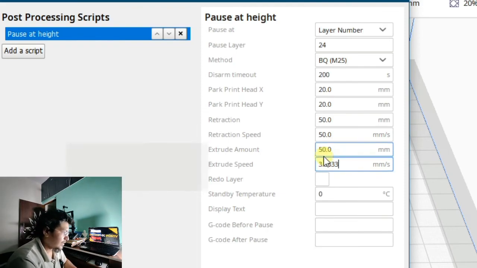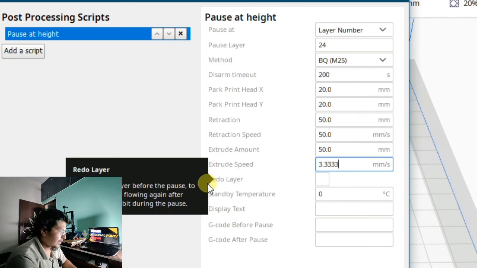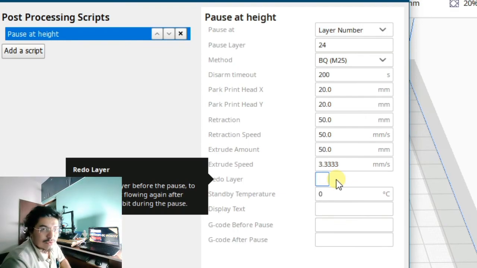Then there is extruder speed, so we will keep it as it is. Then there is Redo Layer, which we will tick here. Redo is for when we have changed the filament, that time it will redo the same layer again for sticking both filaments together.